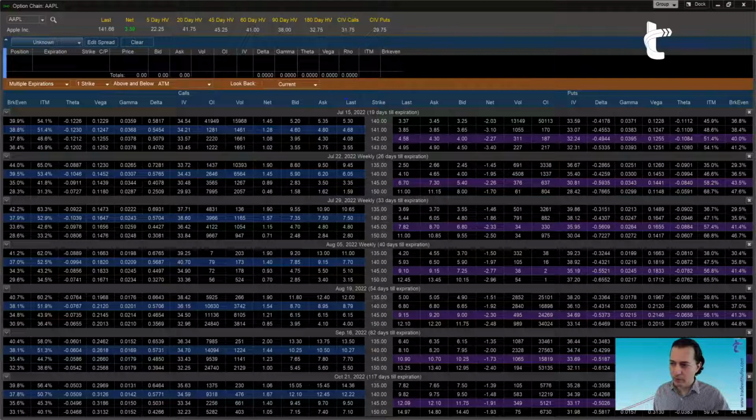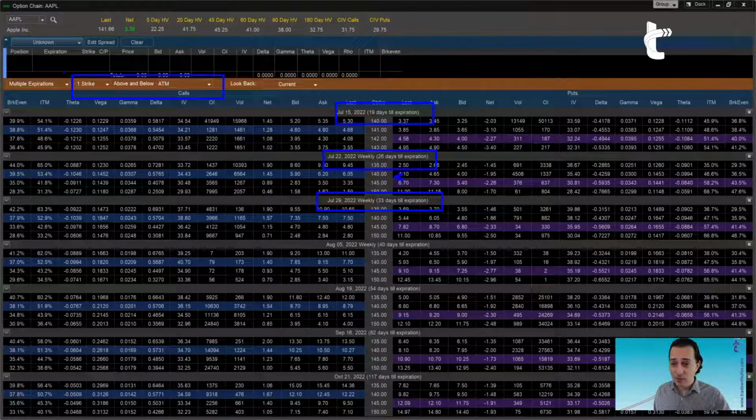Those rows represent the different expiration dates I selected from the drop-down menu, and for all of them I got the at the money strike as the midpoint, then 1 strike above and 1 strike below, because those are the settings that I have.